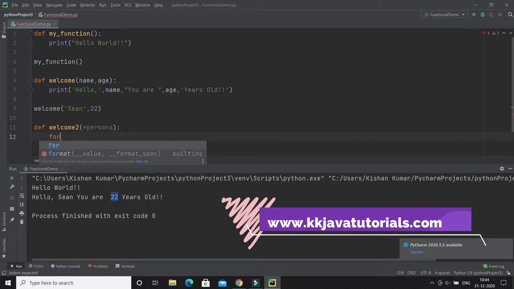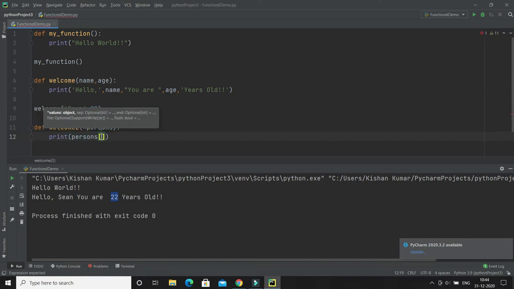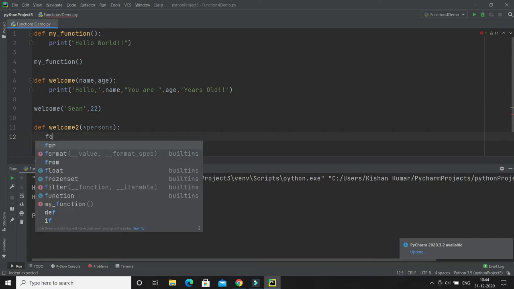There are two ways to access these parameters. You can print persons with an index, and you can give 0. Zero means this will access the first element, 1 means the second element, something like that. But here I will just print all the parameters.